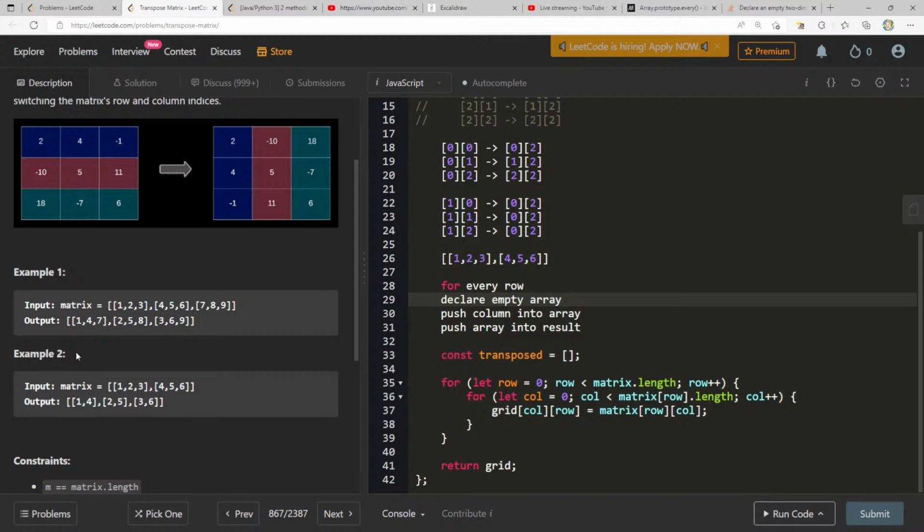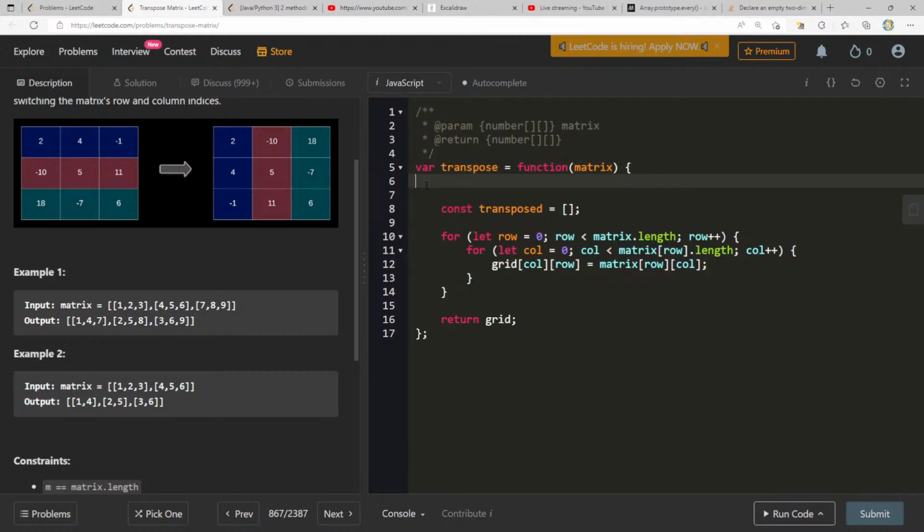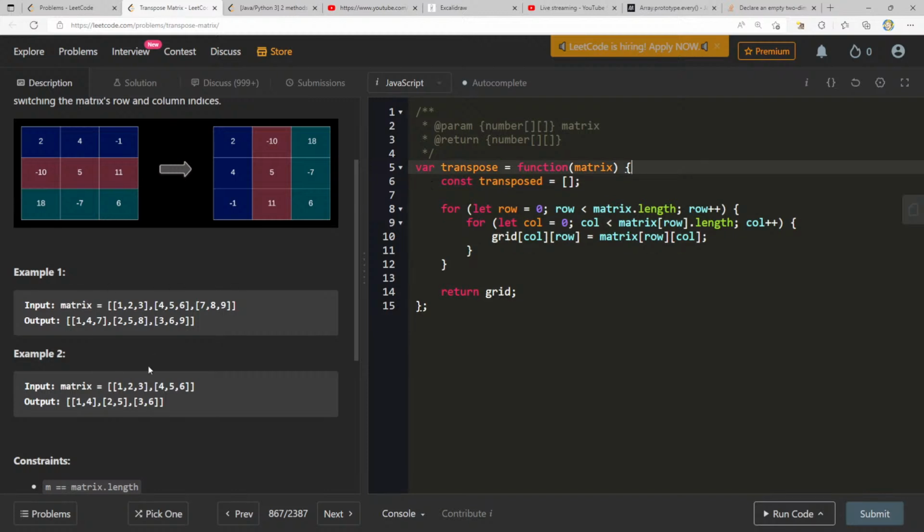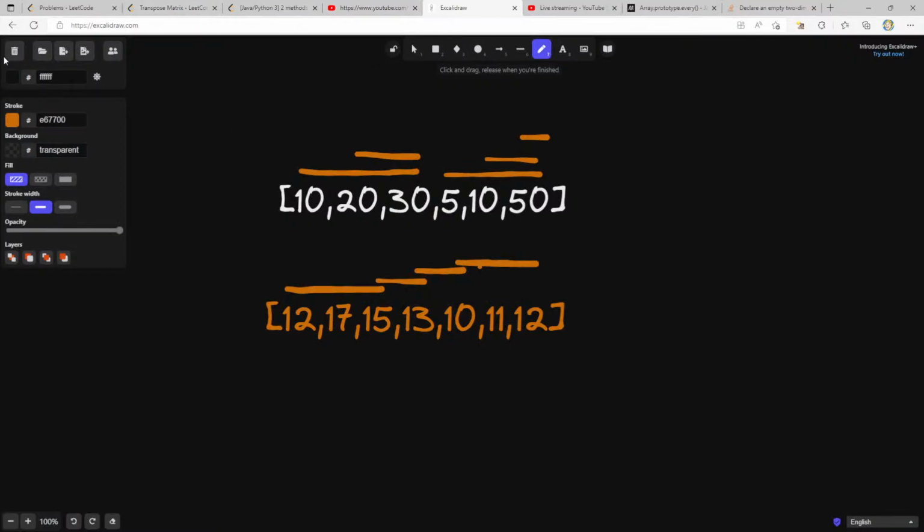What would be a nice way for me to do that? It'd be nice if I could just move all together at the same time. But how would I get everything in all the rows? I think we can do for columns. Okay, I think I have an idea here. I want to do something where I'm scanning from left to right. Let's draw this on Excalidraw, and I think it'll make a lot more sense.